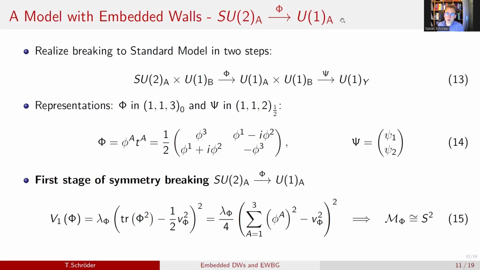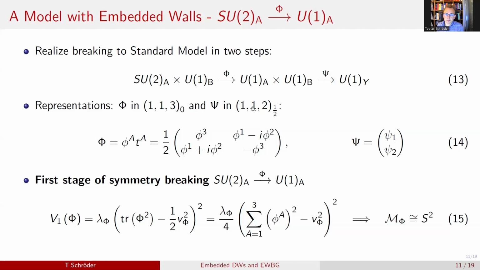To obtain embedded domain walls in our model, we need to realize a symmetry breaking to the standard model in two steps. First, we break the group SU2A cross U1B with a Higgs field phi to U1A cross U1B, and then with another Higgs field psi to the weak hypercharge group U1Y. We can do so by choosing phi in the triplet representation under SU2A and trivial representation under all other subgroups, as well as psi as a doublet under SU2A and with charge 1/2 under U1B and transforming trivially under SU3C